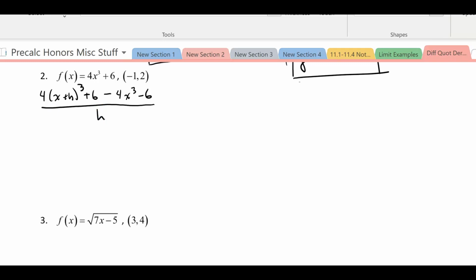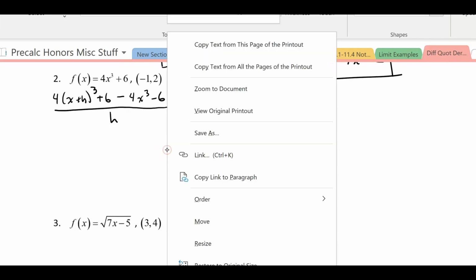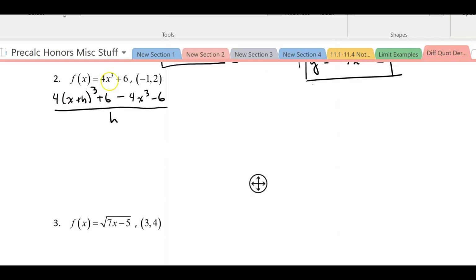And I'm going to go ahead and use binomial theorem and our Pascal's triangle to do x plus h cubed. So I know I've got 1, 1, 1, 1, 2, 1, 1, 3, 3, 1. So this is the row we're going to need. So I know it's going to be